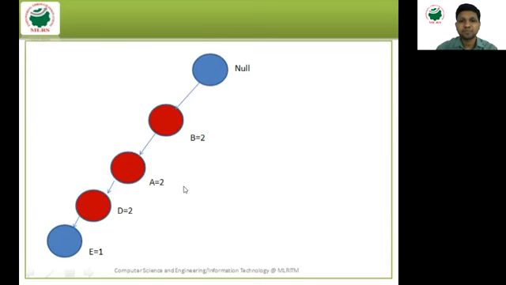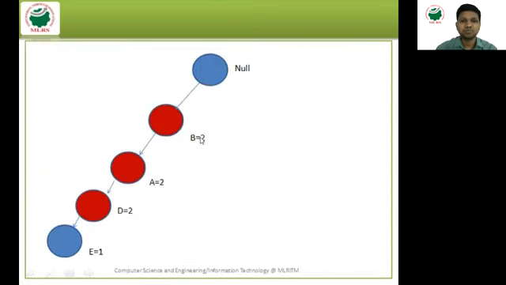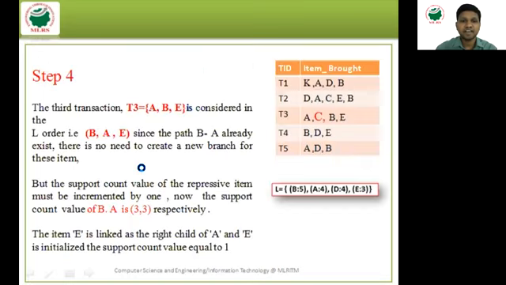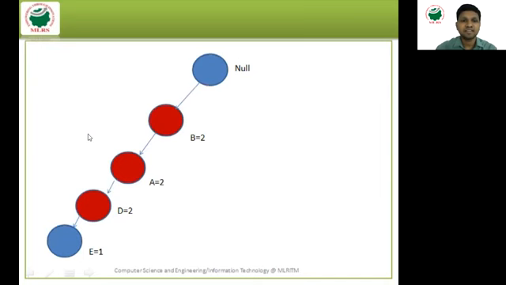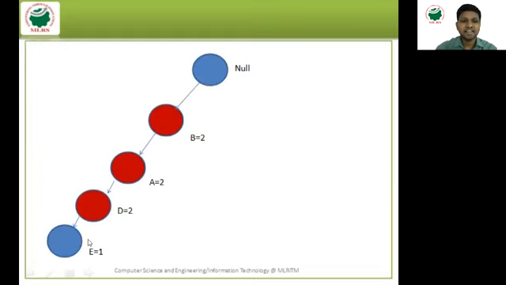B2, A2. Now see, what is the value of B here? So already B value 2. So what is the value of A? Already A is 3. Now in step 4, it is incremented by 1. B, what is the value? 3. A, 3. So what is the value of A? So already E1 is existed, but it is not in this order. So what I am going to do is exist.